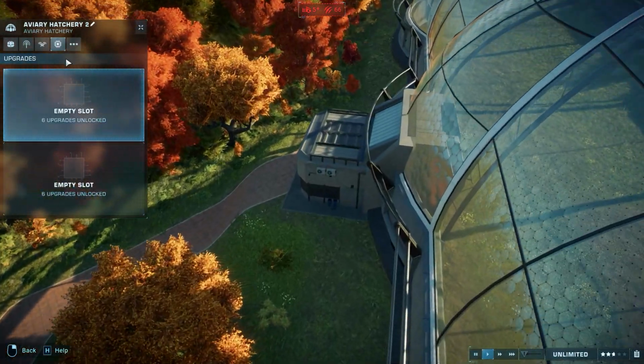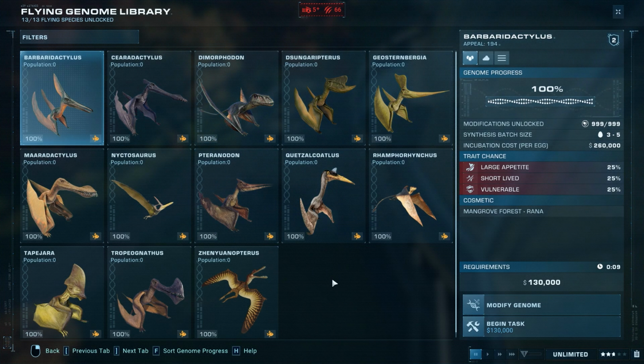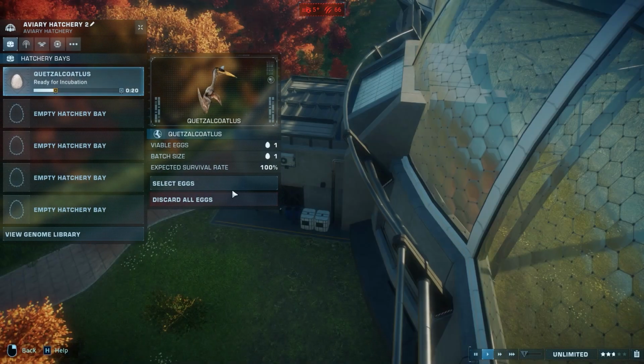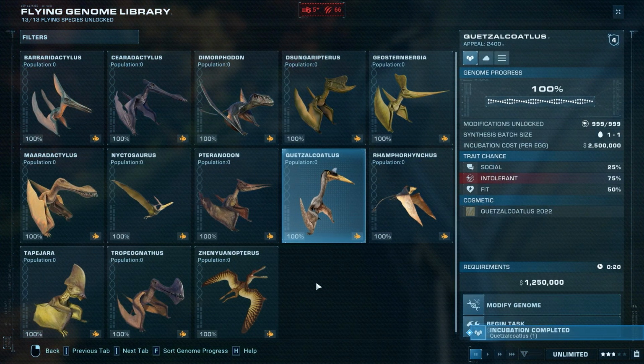Okay, cool. Let's pick some critters. What do we want? We want Quetzalcoatlus. A lot of people have been... am I going to use the default skin? I think so. I love the default. I think the default skin is the best one. Let's get a Quetzal. Just one, I think. And let's get...